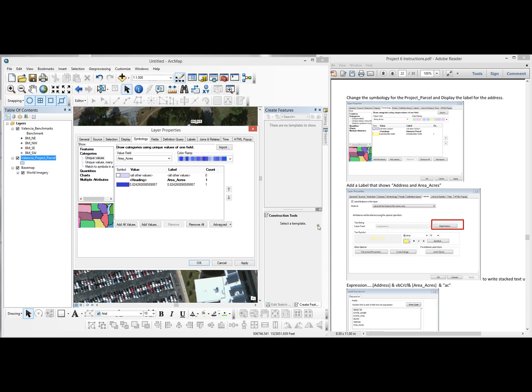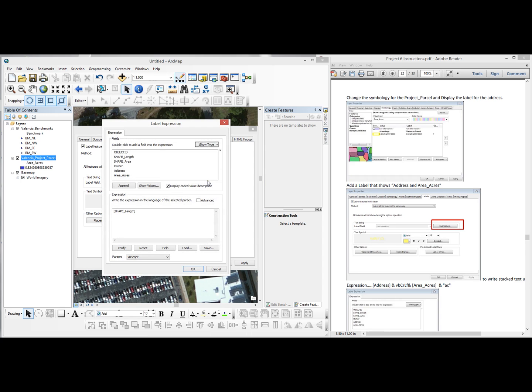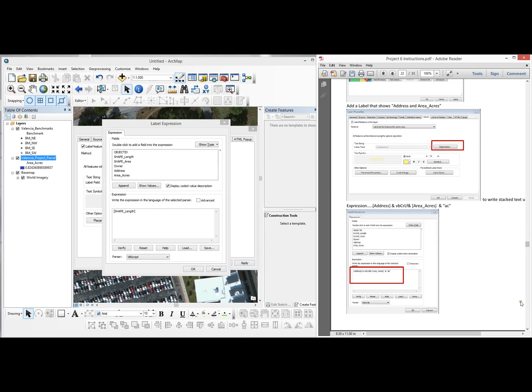Now I can change the display so the boundary might be something different that I wanted to do. I haven't decided yet what I want that to look like. Now I can go apply, and the labels, show my labeling. I can change this to an expression. And when I do that, coming down here, I want to write stashed text. So let me highlight and get rid of all that. I'll double click the address and I'll write an ampersand sign. That's the and sign. And it's VBCRLF